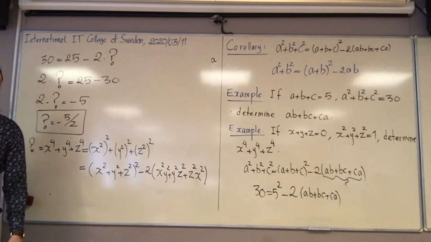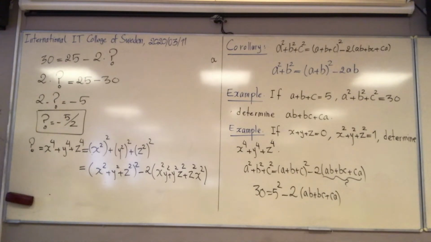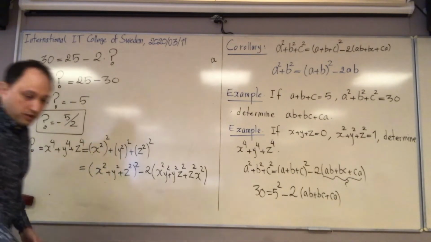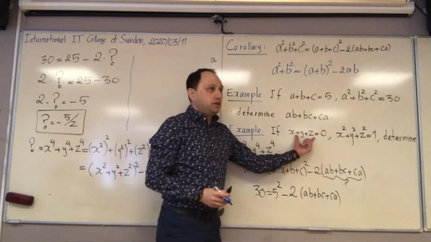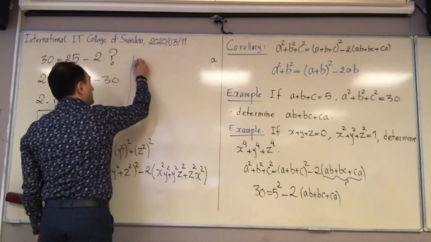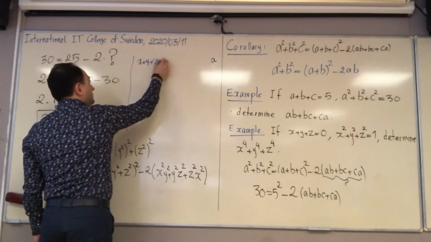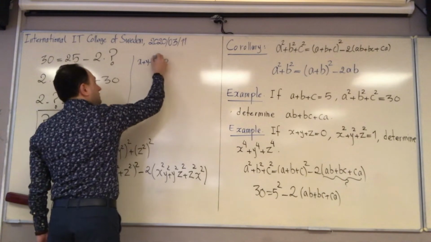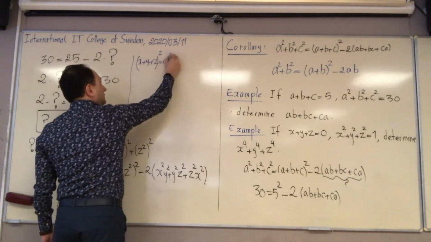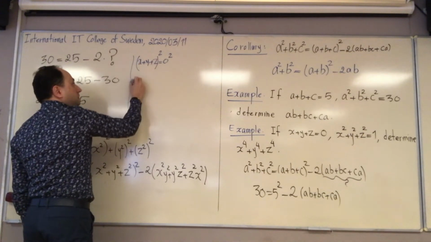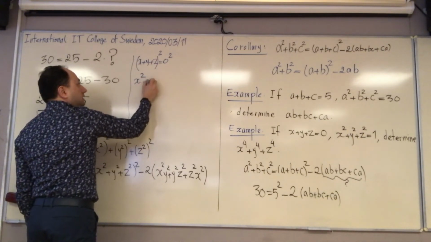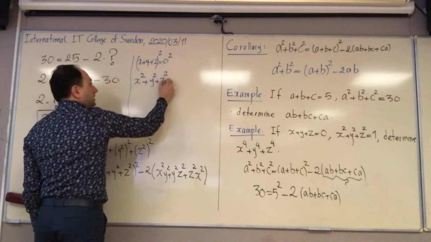Yes? Square the first one, x plus y plus z. Okay, so do you think that this will help? Yes. So I don't want to say no or yes. I can just test your idea here. So you are saying that I square this one. Yes? So what do you mean? You mean that I have x plus y plus z equals to 0. You say that I square both sides, yes? And then if I use the identity itself here, it becomes x squared plus what? y squared plus z squared plus